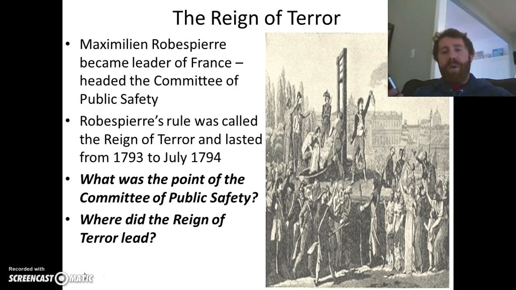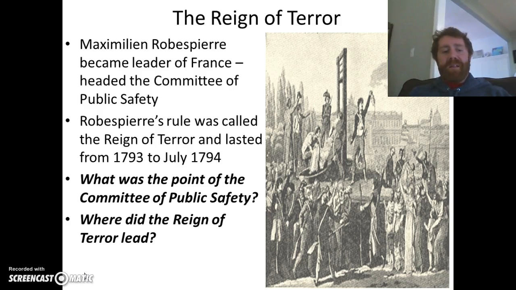And so, in order to create this republic of virtue, you must have some terror, to create a republic that was seen to be true to the ideas of the French Revolution. A lot of times, the enemies of the revolution were those members of the Jacobin political organization that challenged Robespierre's power and authority. And so this Reign of Terror led to thousands of people being put to death.